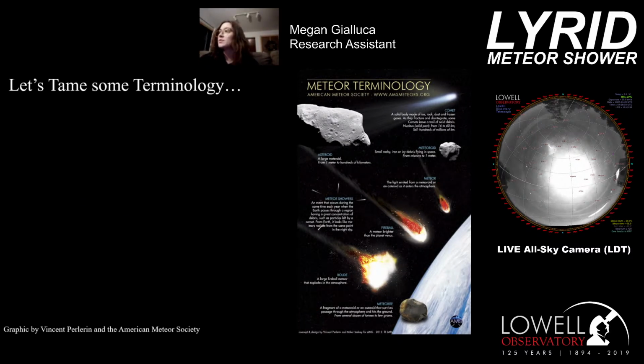Now, the next two terms we want to go through are going to be what we call parent bodies. So parent bodies are going to be things that create meteoroids. Meteoroids then create meteors, which then create meteorites. So it's a whole timeline, it's a process, everything's connected. But before I explain about the difference between comets and asteroids, which are our most common parent bodies for meteors,